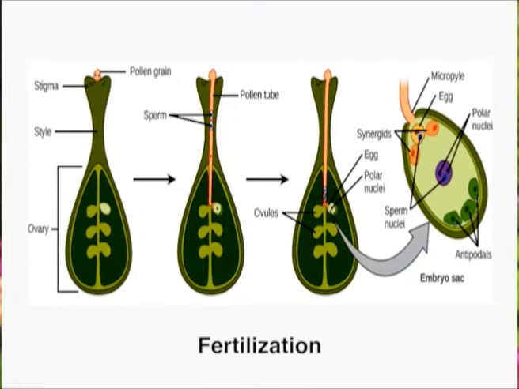One of the male gametes fuses with the egg cell to form the zygote. The other male gamete fuses with two polar nuclei to form the endosperm. Zygote is the diploid cell formed by the fusion of two haploid gametes and develops into an embryo. The endosperm is a triploid cell formed after the fusion of three haploid nuclei, and it serves as the nutritive tissue for the embryo. The fertilization in angiosperms is often referred to as double fertilization, as it involves two separate